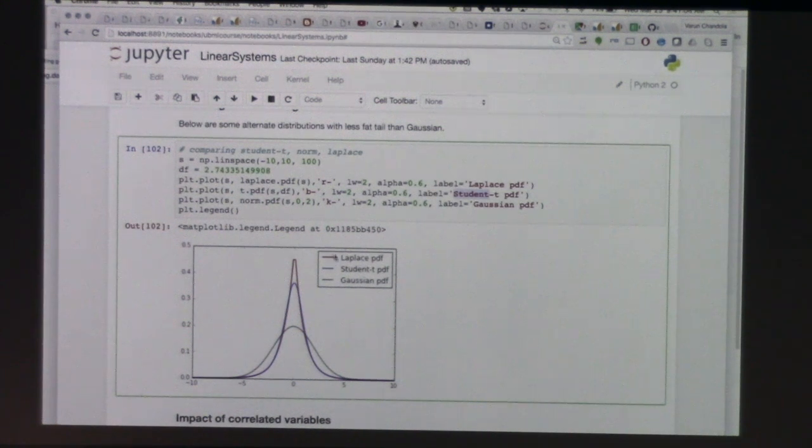However, these other distributions like Laplace drop off very fast. They are high here, but very quickly they drop out. Now this is essentially the error. If you have no error, when y is equal to w transpose x,